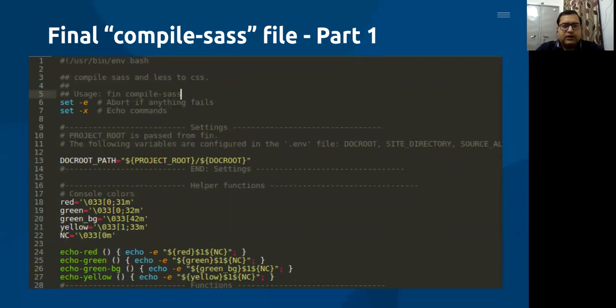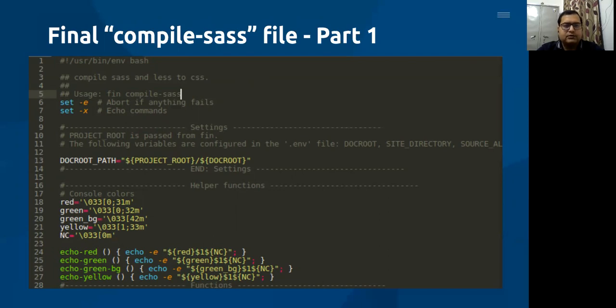Now we come to the final part of the custom command, compile-sass. Now we can see the internal process of compilation. So move from top to bottom. At the top we add the interpreter and then the description.